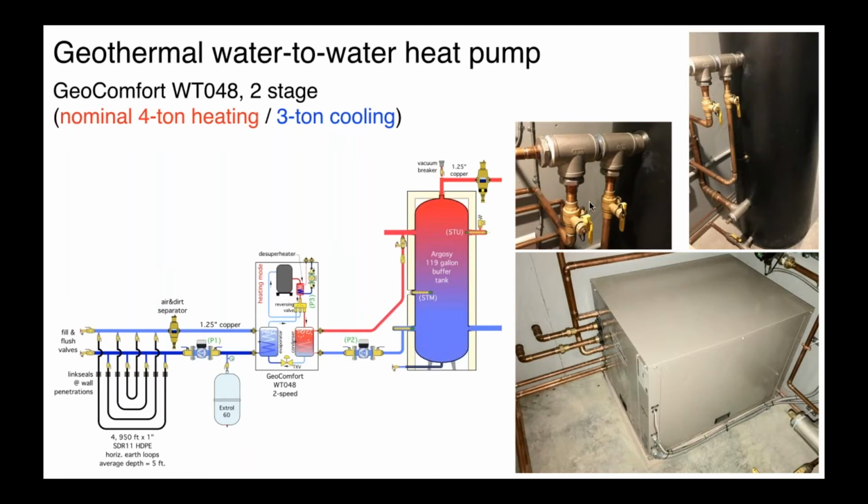So the water-to-water heat pump basically is this box right here. It does have a desuperheater in it. We ordered it with a desuperheater for domestic hot water heating. And if you're not familiar with that term, a desuperheater is an extra heat exchanger that takes the hottest refrigerant gas coming off the compressor and basically cools that gas down through what's called its superheat. We're cooling the gas down to the point where we can start to cause it to condense. And we can use that heat that we're extracting from that hot refrigerant to preheat or fully heat domestic hot